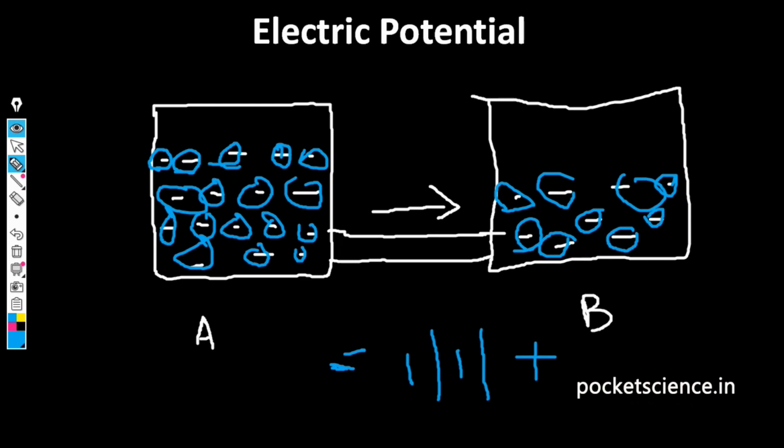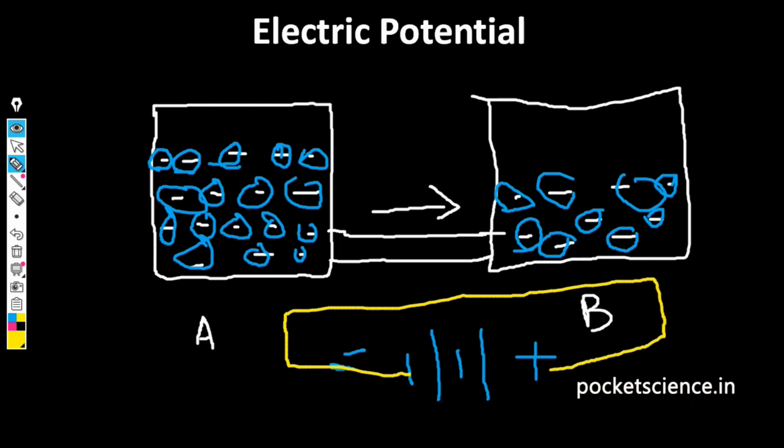And when we connect both these ends with the help of a circuit, the electrons start traveling from the side which contains a larger number of electrons to the side which contains a lower number of electrons, in order to balance the number of electrons on both the sides. So that is how the charges flow from one point to another point in an electric circuit. So the main reason is to balance the amount of charges on both the terminals.